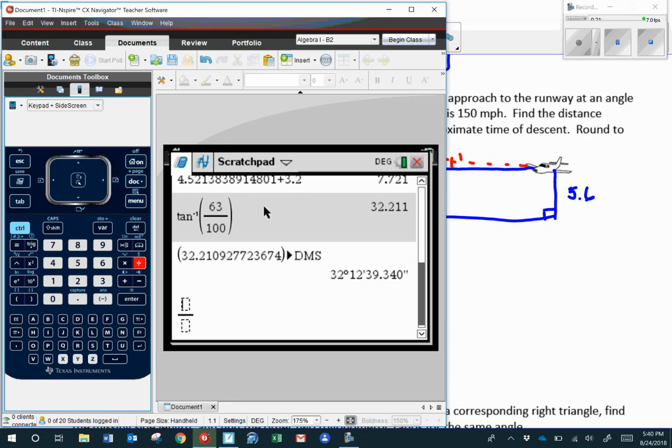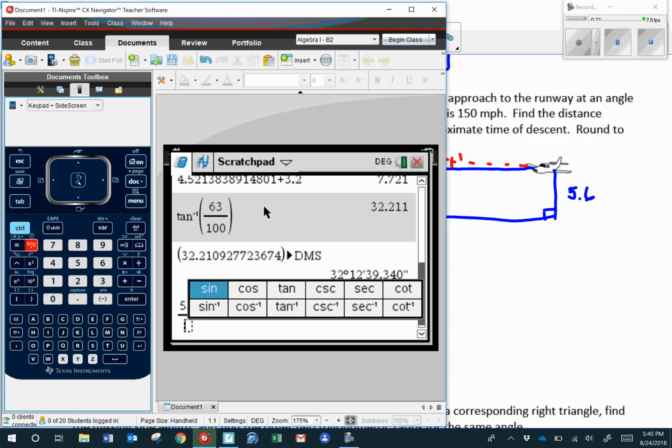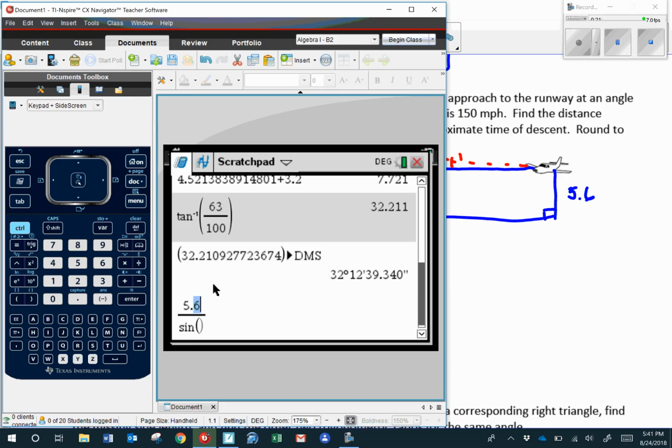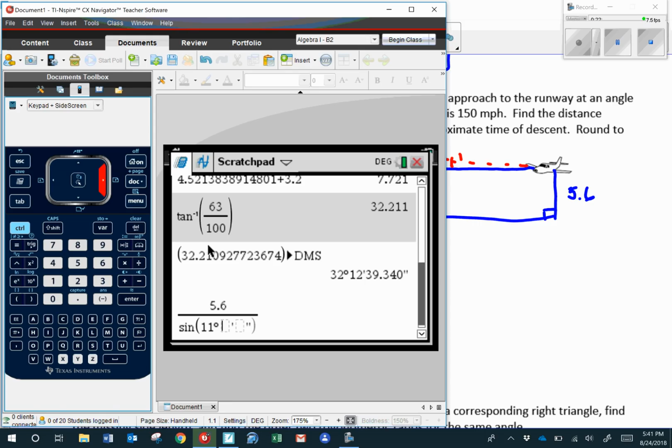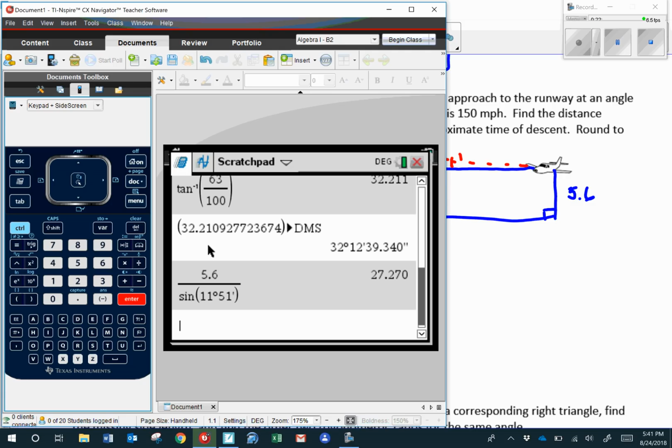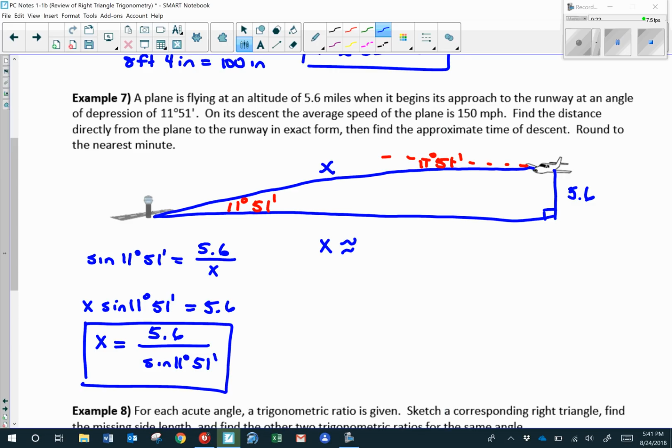That's control divide. Type in 5.6, cursor down to the denominator, and type in the sine in the trig menu. And then inside the parentheses, we're going to need the template for degrees, minutes, and seconds. And type in 11 degrees and 51 minutes. Press enter. We get